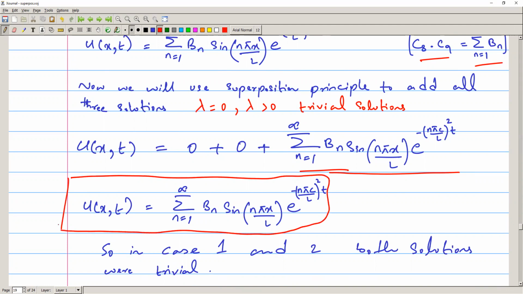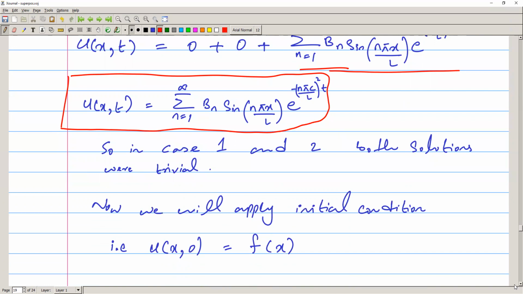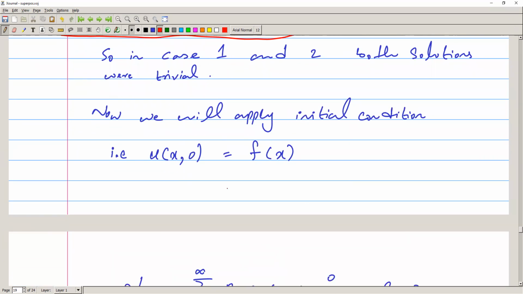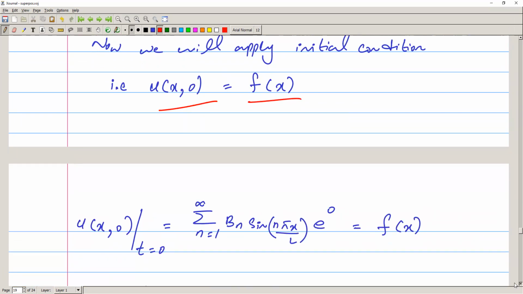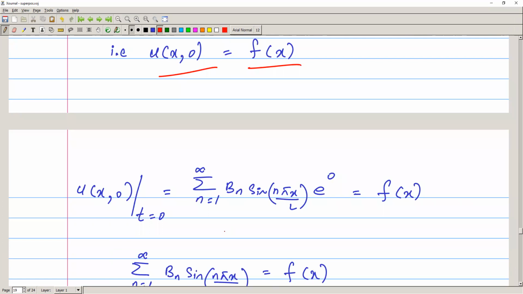This is the general solution of a heat equation. Now, if you find a particular solution for this equation, we need some initial conditions. So let's say that our initial condition u(x, 0) is equal to some function of x. So we will apply t equals 0 in the equation. So here e to the power,